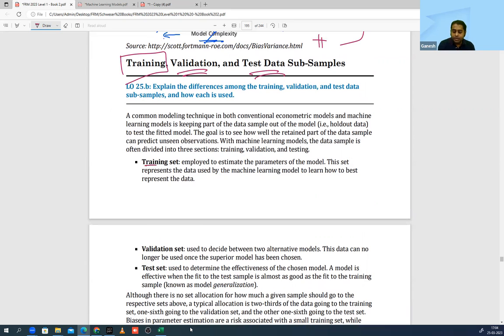So first point, look at this first part of the data. Training. This is the part of the data which we'll give to the model. The model will learn on it. It will start learning, and it will develop parameters also. Parameter means, if you remember your linear regression, B0, B1, these were your sample parameters, which came out because you gave the data to the model, right? So this training set is used to develop the parameters of the model.